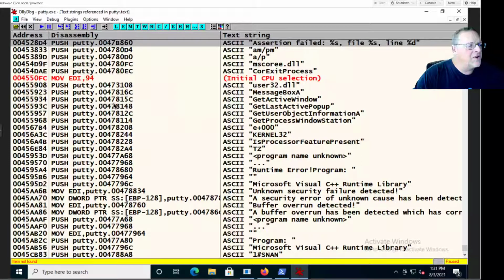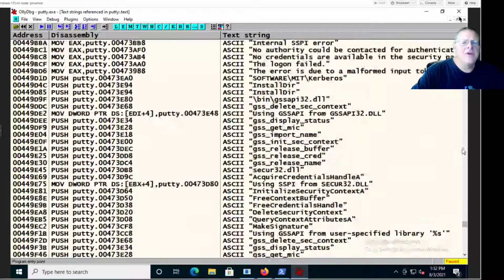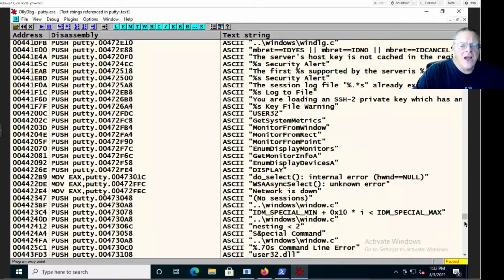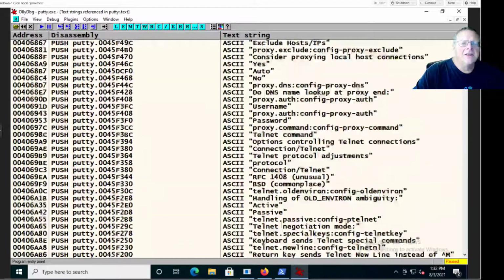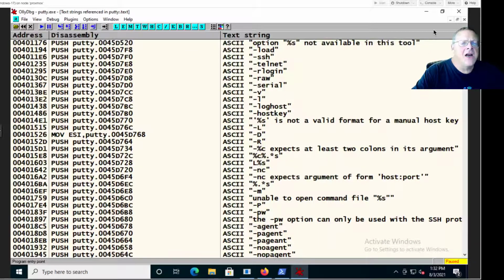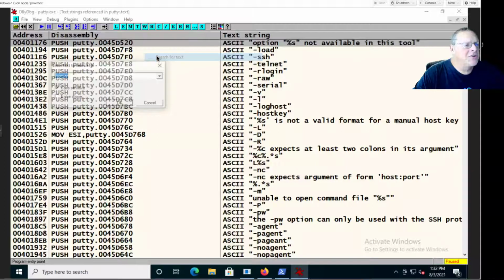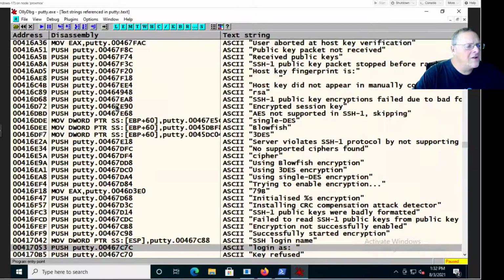And when I do that, it finds, see what's going on here. Program entry point. All right, make sure I'm right at the top. Looks like something weird happened there. It does search downward. Oh, okay, so I wasn't starting from the top. Search for text, login as. There we go. So it finds a command that pushes a string login as,